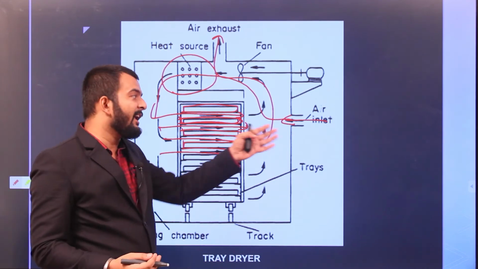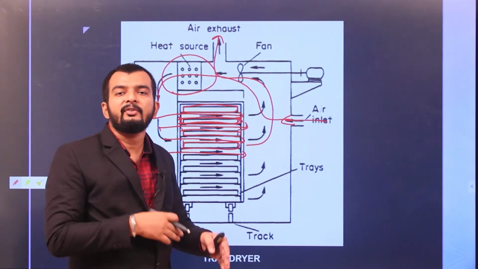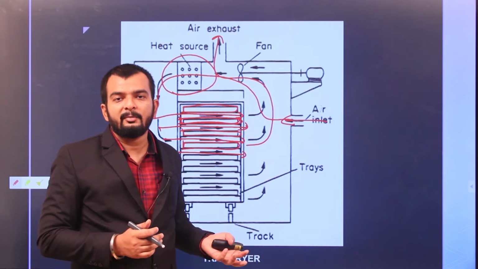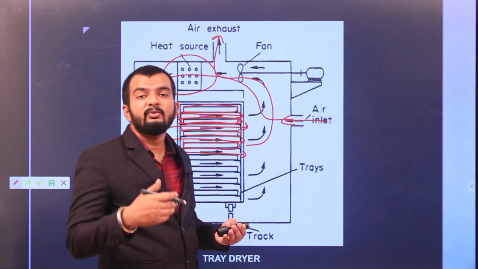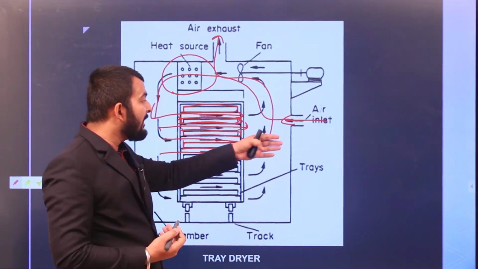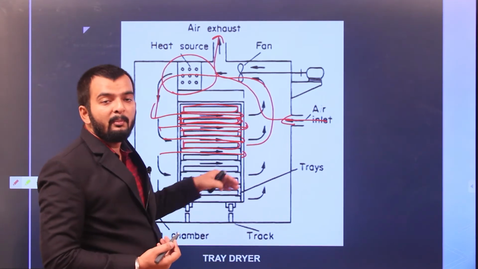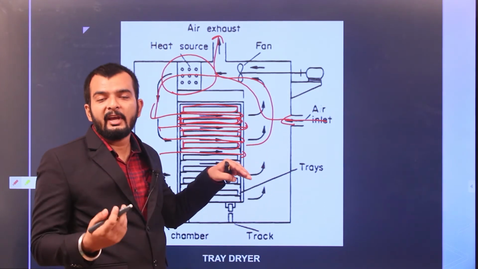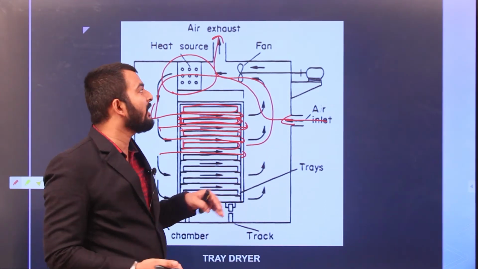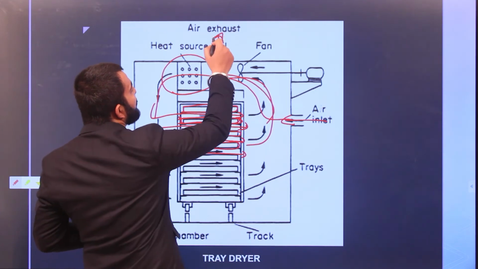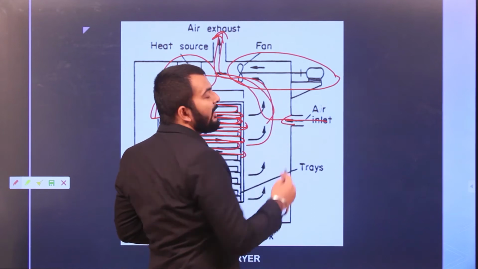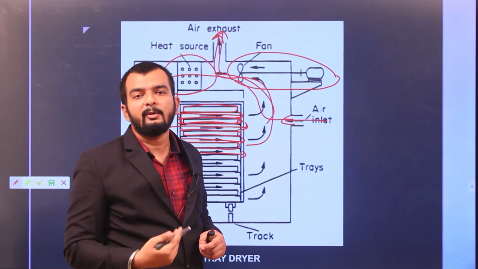Now in this case the air may be supplied continuously, or the same air can be recirculated and then let out after the process has been completed. But generally we use a continuous air supply and heat the air so that more effective drying will take place. This air will be able to hold more moisture, and these are let out through the exhaust. Okay, so there is a fan also provided so that circulation of air will be proper.